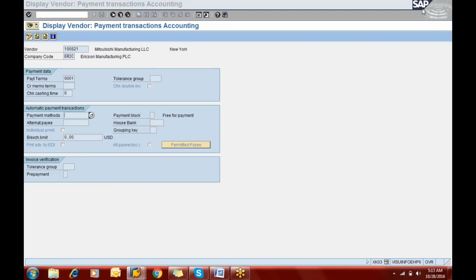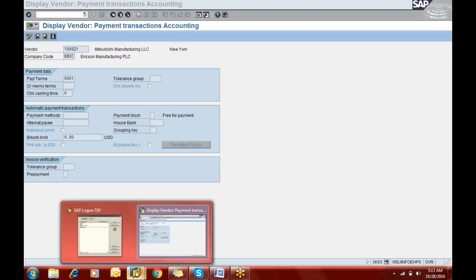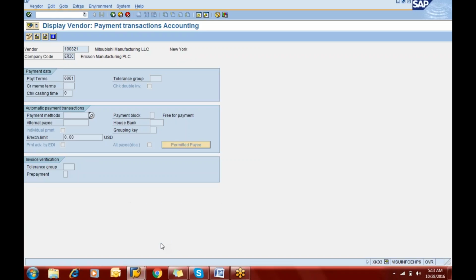Now let's suppose the payment method is not assigned, so the system will not process the payment if there is any outstanding or due payment for this vendor. Now to check whether the system will process it or not, for some time we will not assign the payment method in this vendor master record, and after that when we see the system is not processing it, then we'll come back and assign it, and we will also see